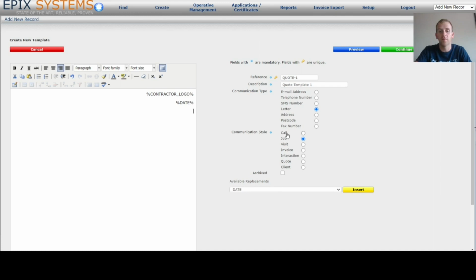And another line space, and back over to the left hand side. I might decide, this is a very basic template, but I could put the dear, and then this would be the asset contact, because this would be the contact at the site that this work is for. So if I insert that,